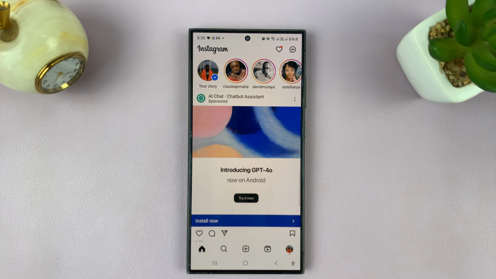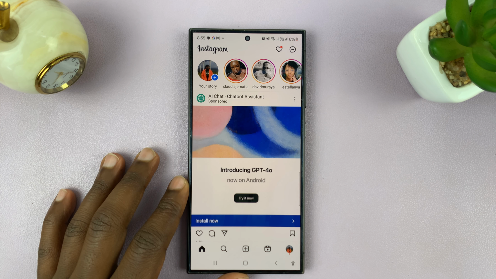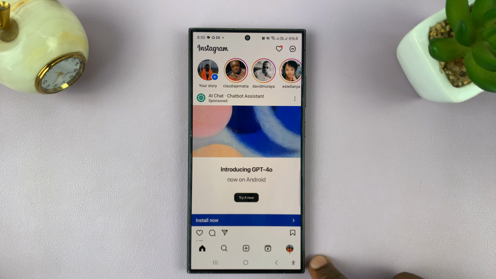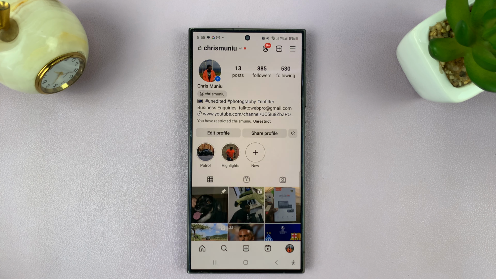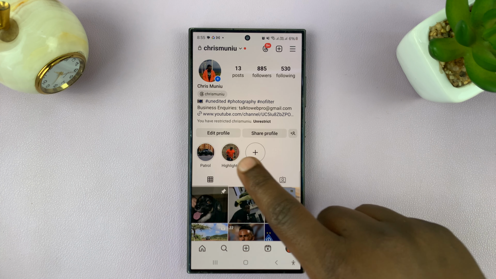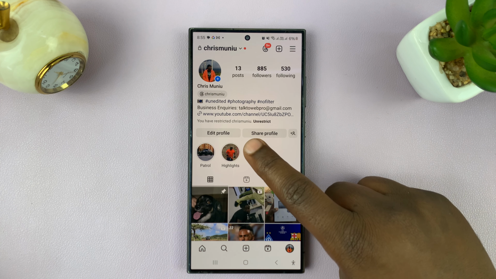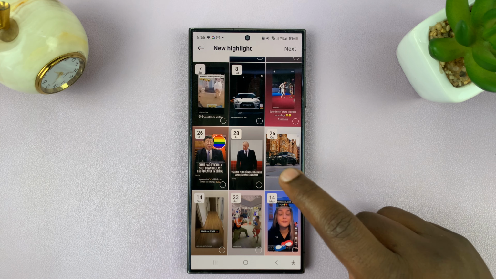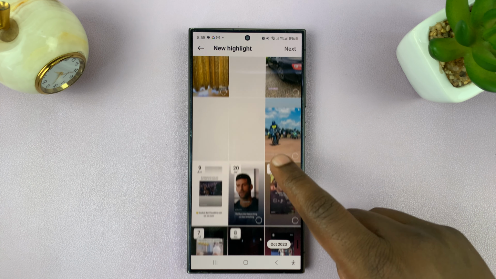So I'll be showing you how to fix an issue where Instagram highlights is not working. So highlights are normally on your profile. If you go to your profile page, just right below your information, you should see highlights there. From here, you can create a highlight, and you normally create highlights from previous Instagram stories you had posted